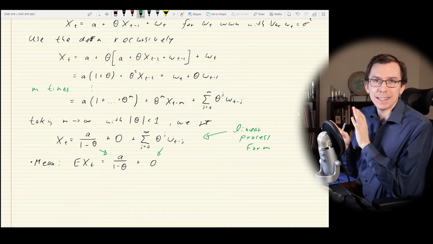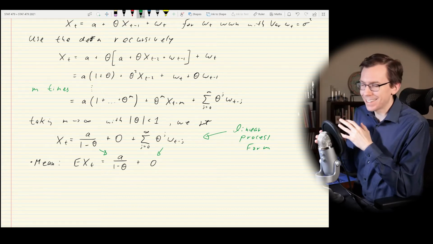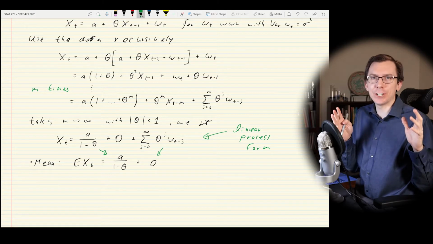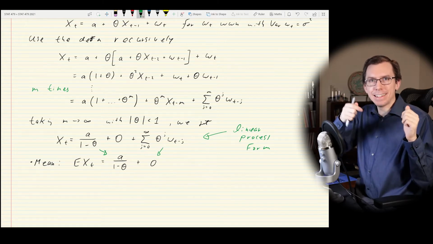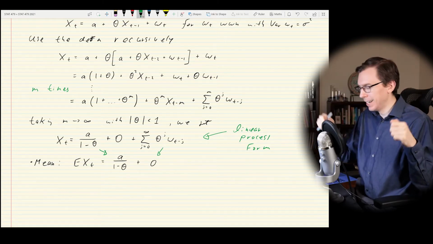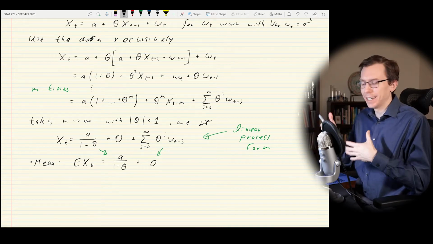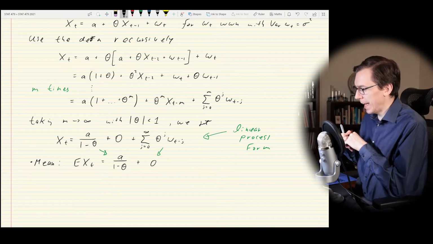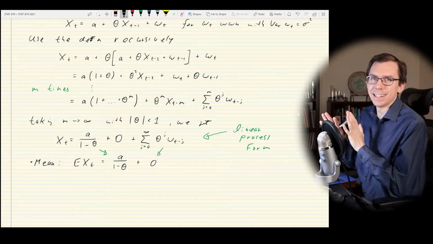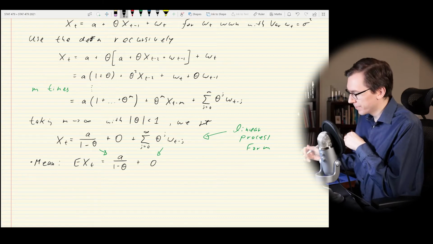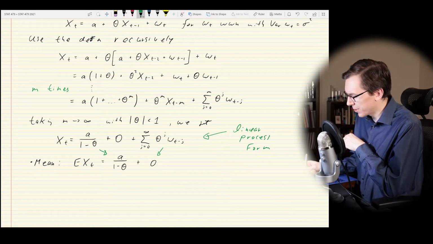Now, again, if we want to make this slightly more mathematically precise than taking the expectation of an infinite sum, we can take the expectation of the finite sum and then take that index to infinity. And that will give us the idea of what's happening to this expectation. But here we can just hand wave past that and say it's mean 0. So the mean is just going to be this piece,